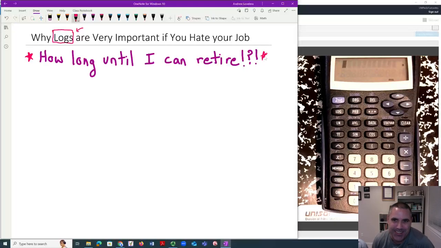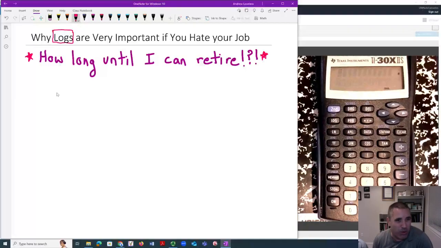And I'm no good with money. I wouldn't claim that I know how these things work, but I'm happy that I know a little bit about how to work with formulas, and I can't just have a financial advisor talk to me and just make up whatever they want. So I really love logs because they tell me when I can retire. So I'm going to be super practical here and just show how do I push the right buttons to solve things? And it's really easy. Okay, so let's say I have,